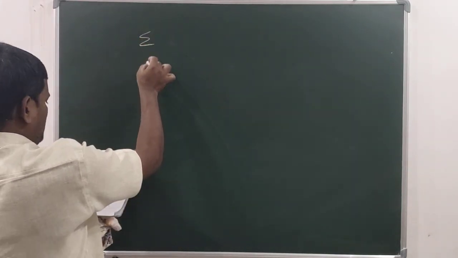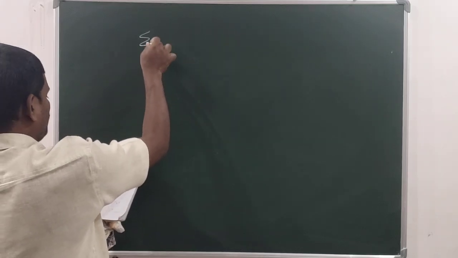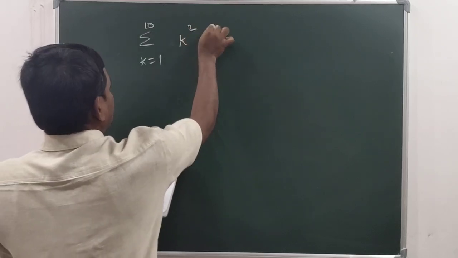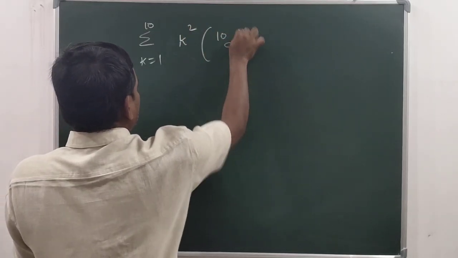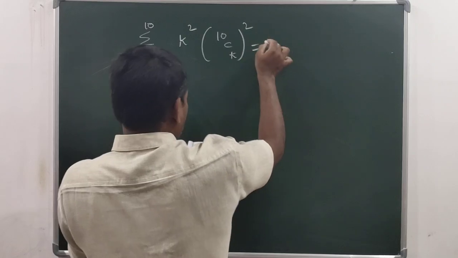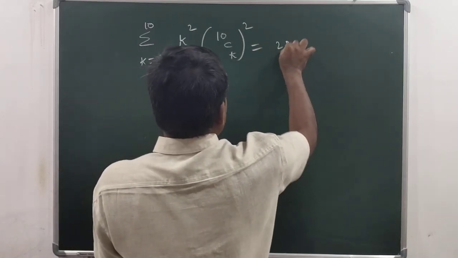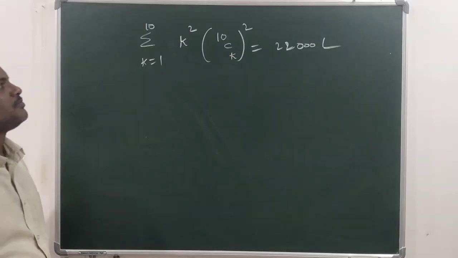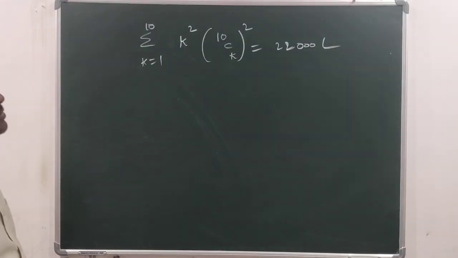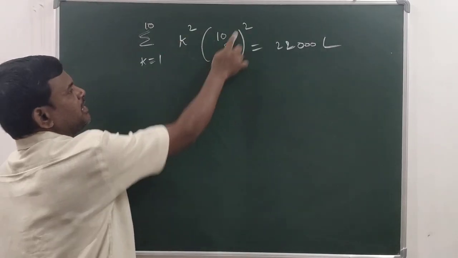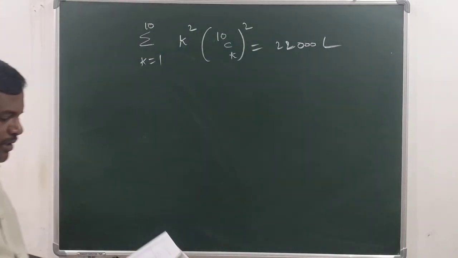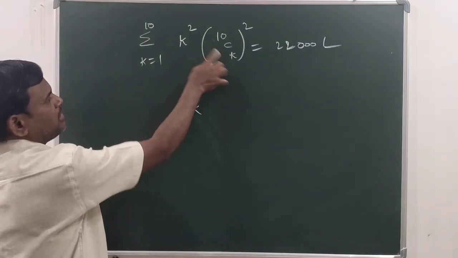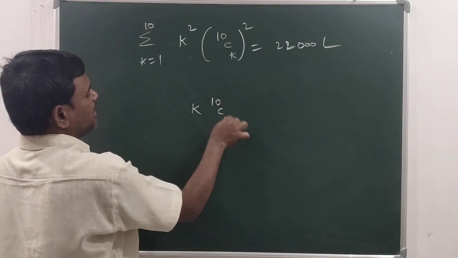Summation k runs from 1 to 10, k square into 10Ck whole square, which is equal to 22,000 into L. Then L is equal to how much? Okay, students? Here k square into 10Ck whole square is equal to 22,000 into L. Then find L. So in this problem, students, you can write these two as 10 into 10Ck whole square you